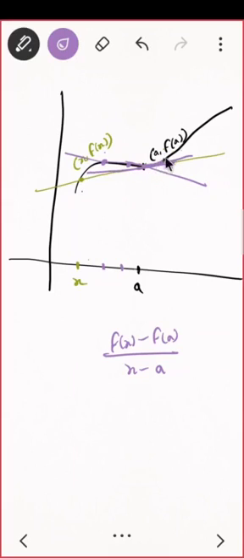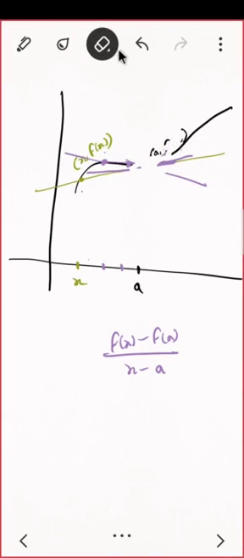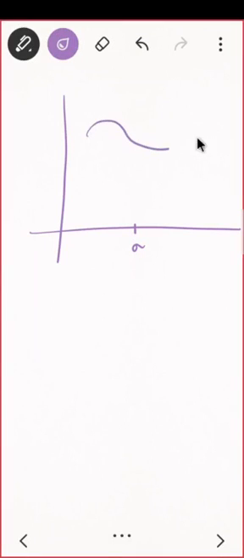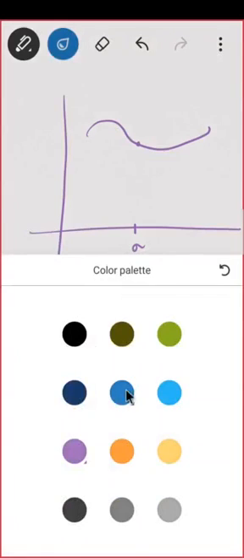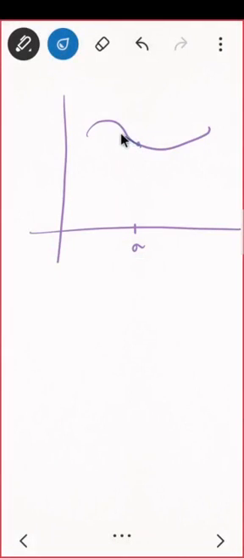This is your curve, and the straight line will be just touching the curve. So if I just draw it properly, then it will be like this. Say this is a, and say this is your graph. Here will be your f of a. So what is my derivative actually? Your x will be near to that, almost near to that, not equal to a. So the 2 points will be here only. If you draw a straight line, it will be just touching your curve.